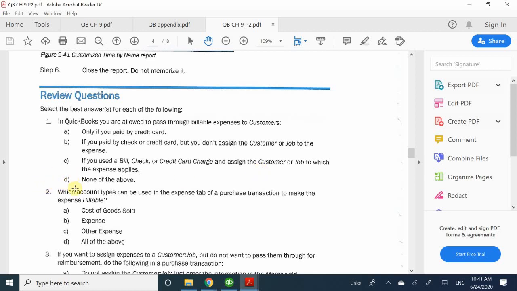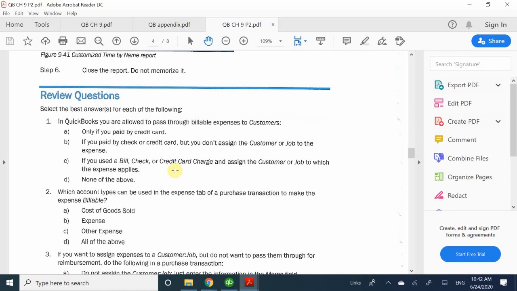Or D, none of the above. So I guess it's asking what is true about passing through a billable option. C, if you use a bill, check, or credit card and assign a customer job to